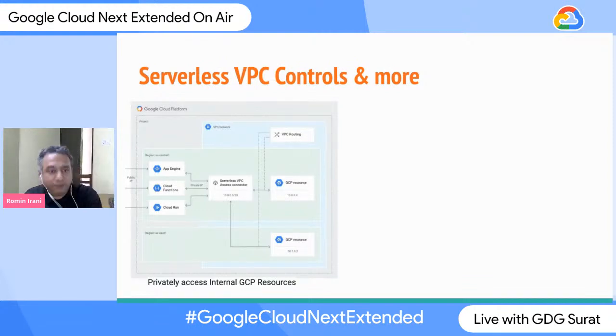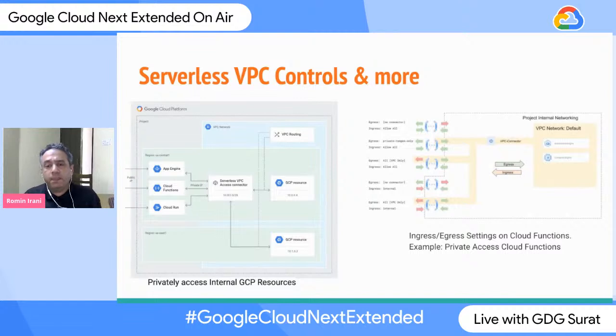We've taken it to a further level still, right? Things don't stop here. And the first question should be, are we going to allow all our functions to be accessible from everyone outside? So that's what we are talking about here. The way it may look a bit confusing, this whole thing which you see on the right, the idea is to focus on the diagram or the vertical stack which you see next to that, ingress and egress, right? So those are your Cloud Functions. And now, whether it's the egress or the ingress rules, you can set at a fine-grained level whether they should be allowed outside communication, whether they should be allowed access from outside, or only from resources which are